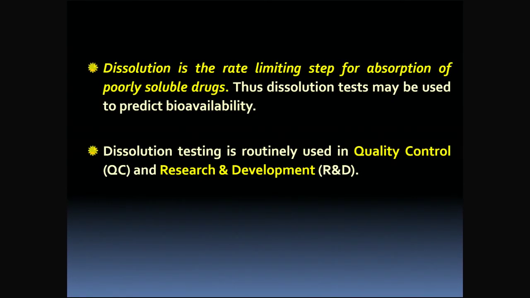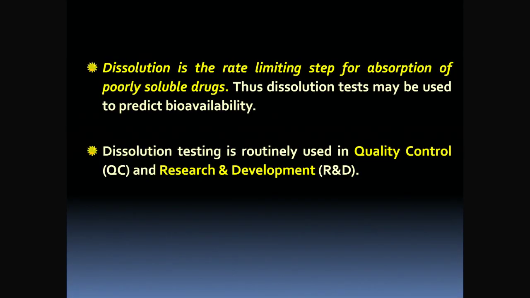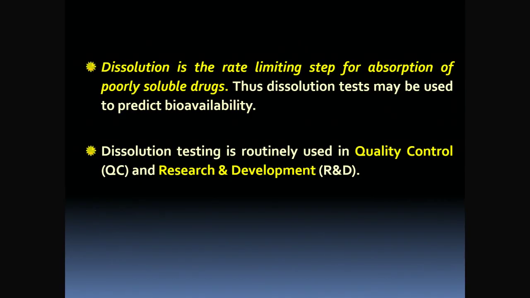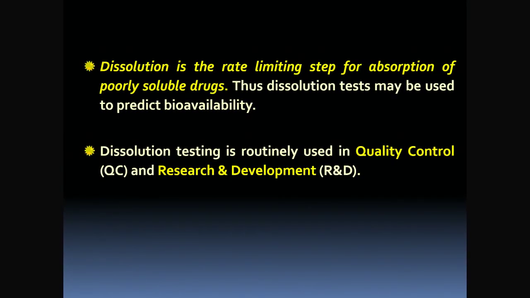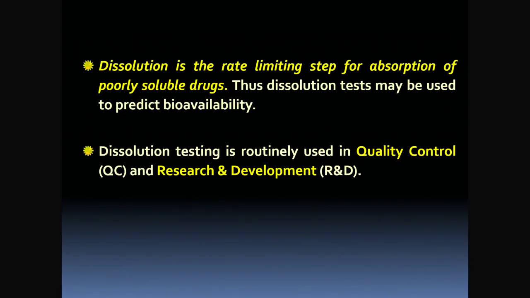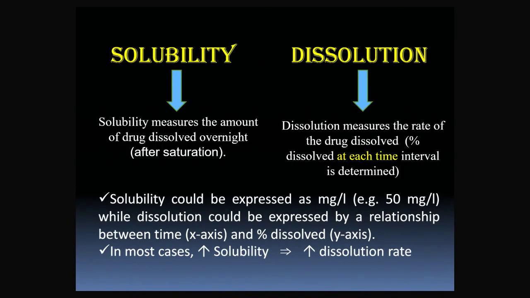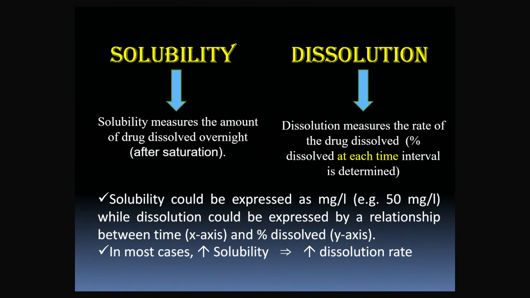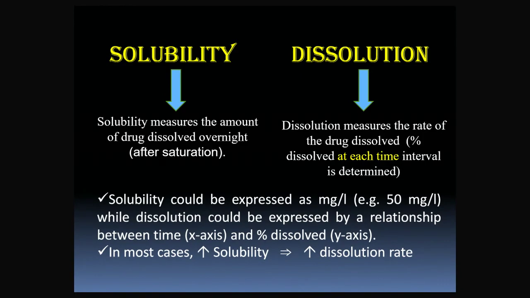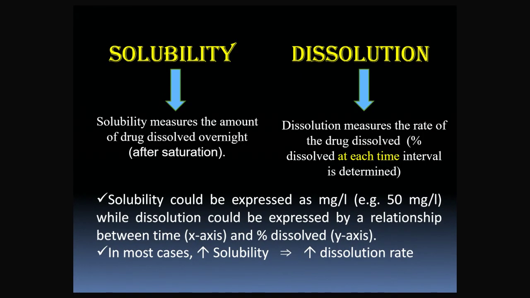This essential correlation empowers research and development teams to refine chemical formulations while allowing quality control to ensure rigorous consistency across production batches. Consider the implications. If the rate of dissolution lags behind the rate of membrane permeation, the entire therapeutic outcome hinges entirely on this single physical transformation. Solubility represents a static thermodynamic limit, specifically the maximum mass of a solute, such as 50 milligrams